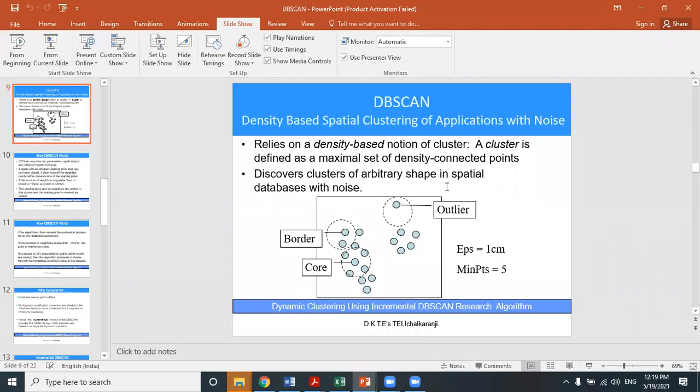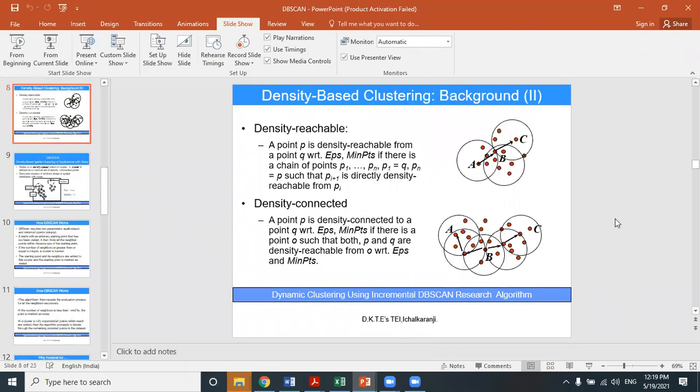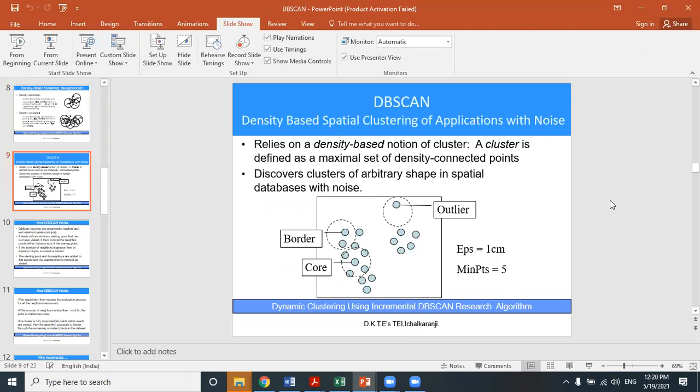And DB-scan does this iteratively, collects directly density reachable objects from these core objects, which may involve the merge of a few density reachable clusters. So one cluster merging the other cluster, which I already discussed in the previous slides. So this cluster merges this cluster merges this cluster. These points of this merging cluster are density connected with each other, and the process terminates when no new point exists to be added to any cluster.